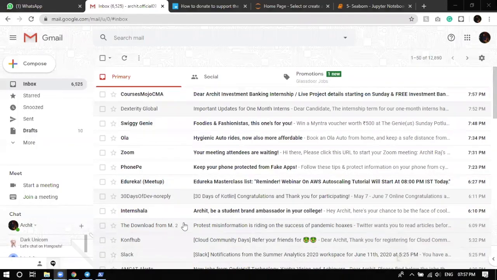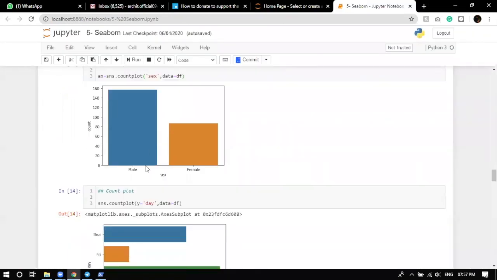You don't have to determine the orientation. It's completely depending upon you. If you want your numbers on the x-axis and the columns on the y-axis, it's your choice. If you want it reversed, you can do it. There's no rule that someone will tell you to do it. So it's completely up to you whether you want success on this axis and count on this axis. If you want to change, you can change.